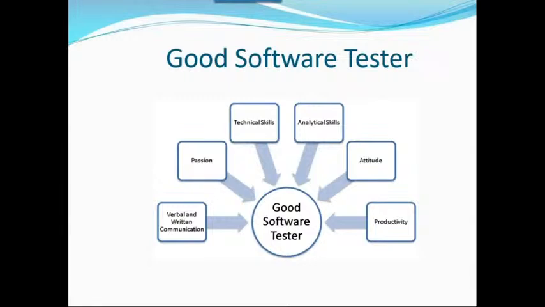You are reporting the defect but the developer is not accepting it. Then in that case, how can you convince the developer that you are getting the defect? You are reporting the issue but the developer is not accepting it. So in that case, what will you do? You will ignore that issue?